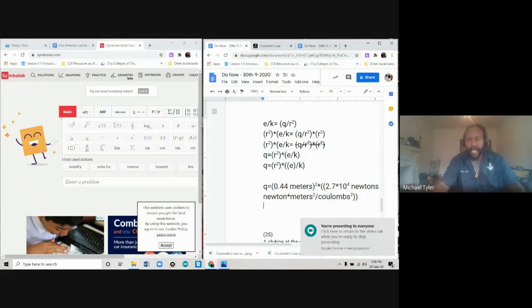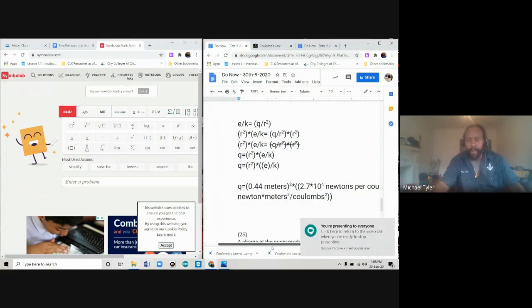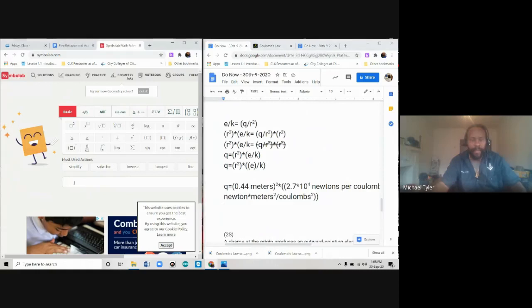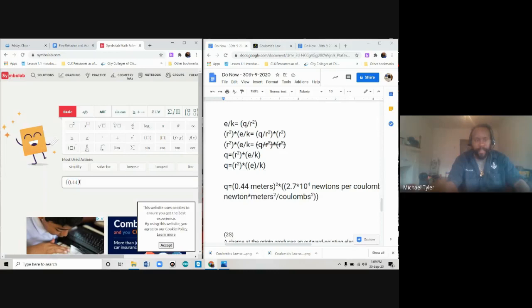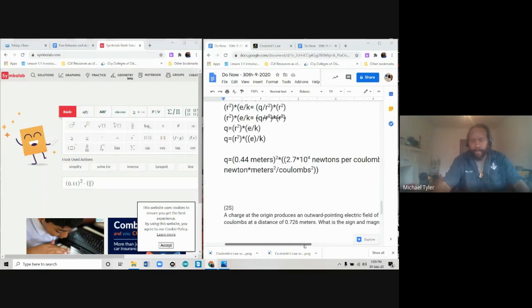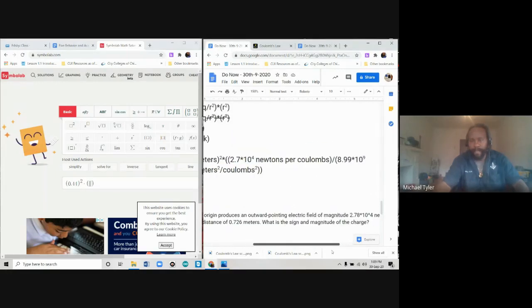So let's type in this calculation here. We use Symbolab by, and I put it in the chat in case you wanted to follow along, using parentheses, and it'll make another set of parentheses for you. And that's 0.44. Don't forget that is going to be our squared value, right? So we click on this button, we put 2. Next is going to be multiplied by, using parentheses, and I think this is a fraction, right? Because it's going to be 2.7 divided by, yes, a fraction.